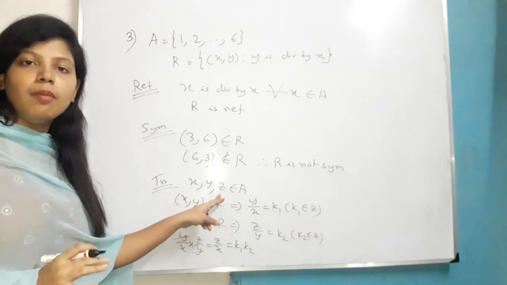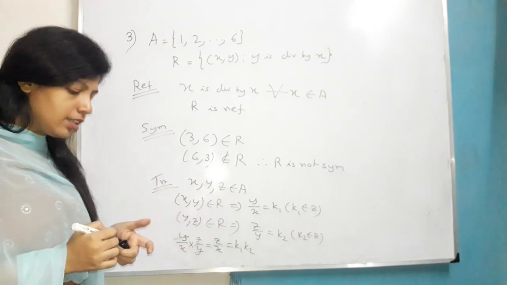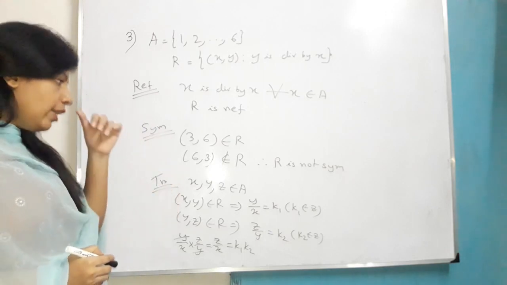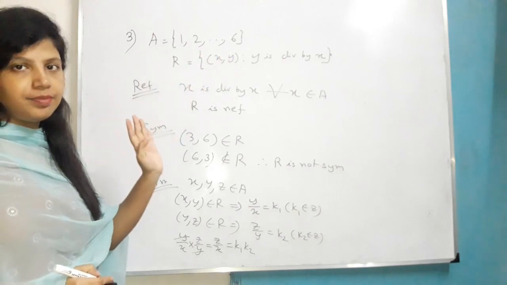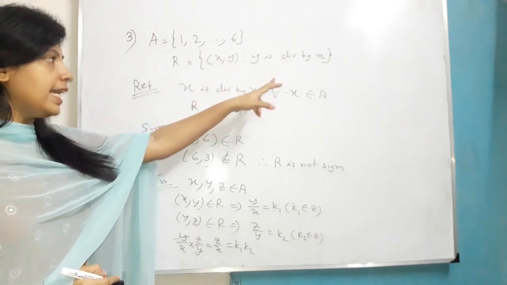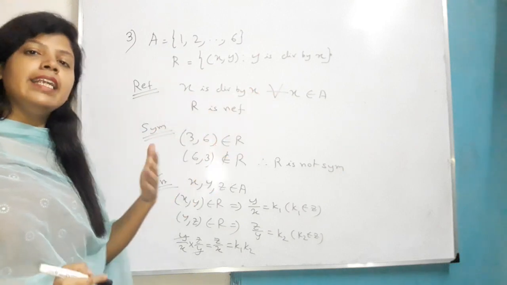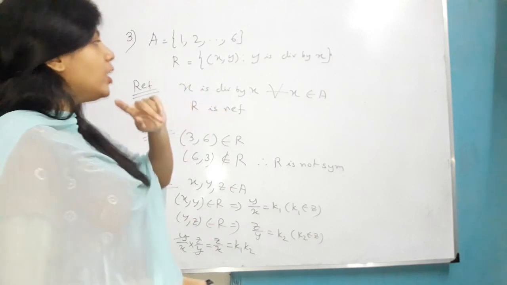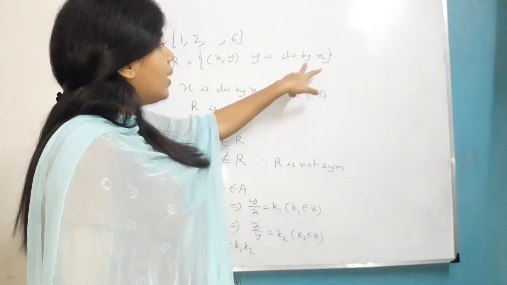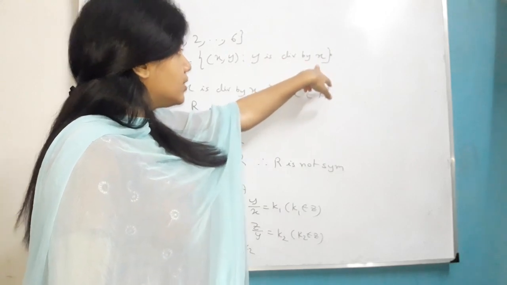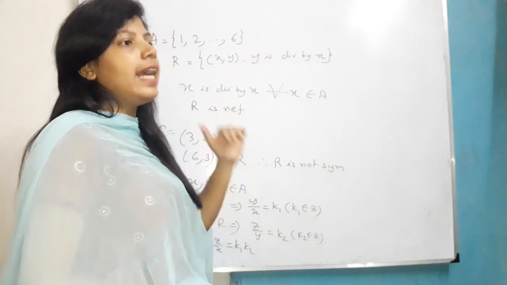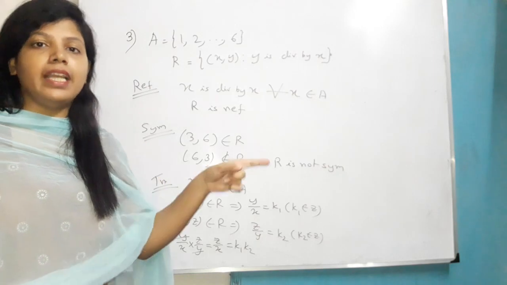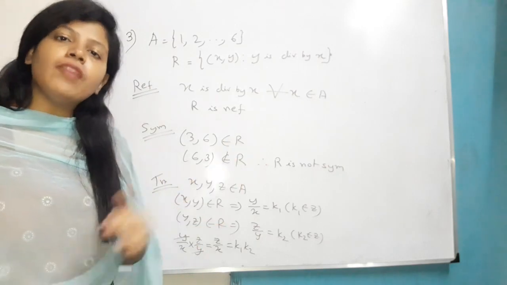If you know that some relation is transitive, now you can ask me how can I know about that from the beginning, that it is true or false. If you take any element from here, if y is divisible by x and if z is divisible by y, then it is quite obvious that z is also divisible by x. Because whenever you say that y is divisible by x, that means x is a factor of y. And if z is also divisible by y, that means y is a factor of z. So obviously x is also a factor of z.